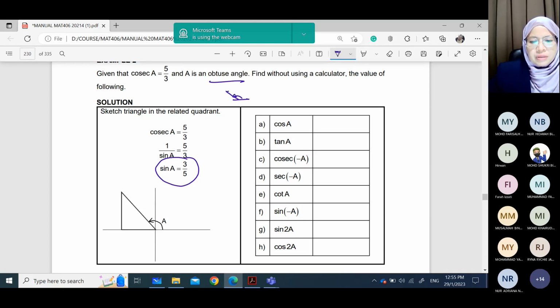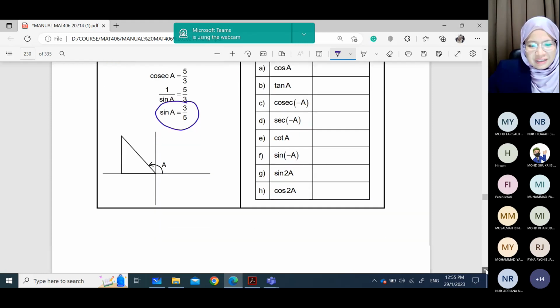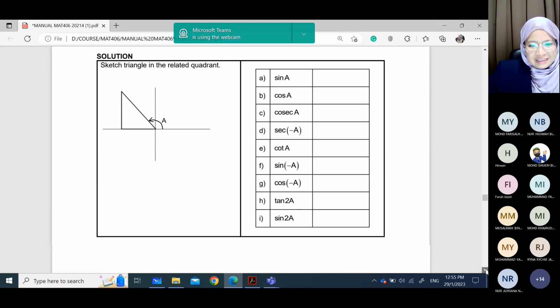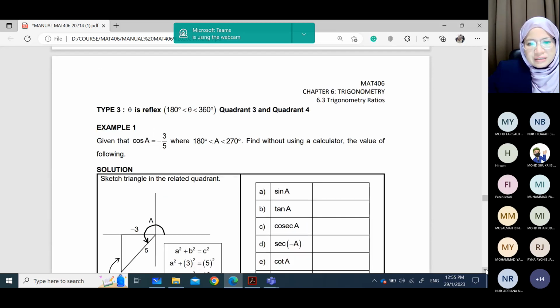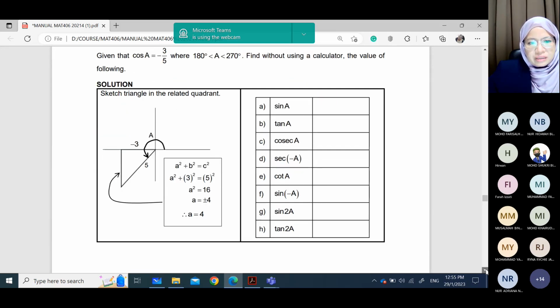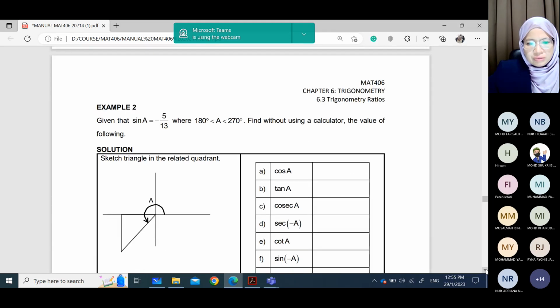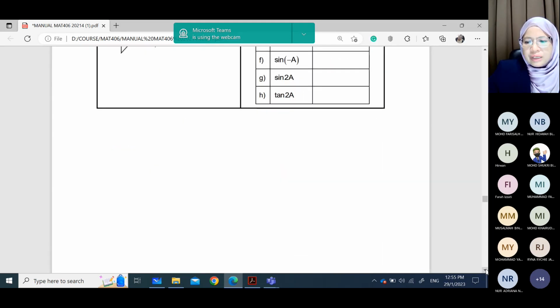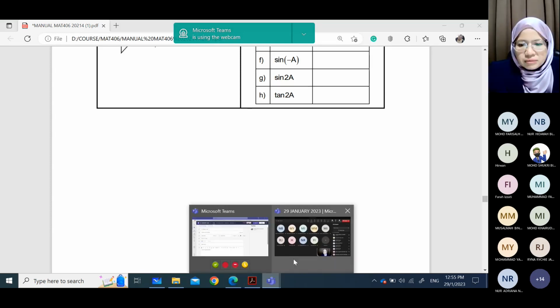Macam tu. Okay, boleh ya? Ini semua angle lah, reflex. So this one yang satu lagi tu. Okay, so I rasa itu je untuk trigonometric. So kalau ada